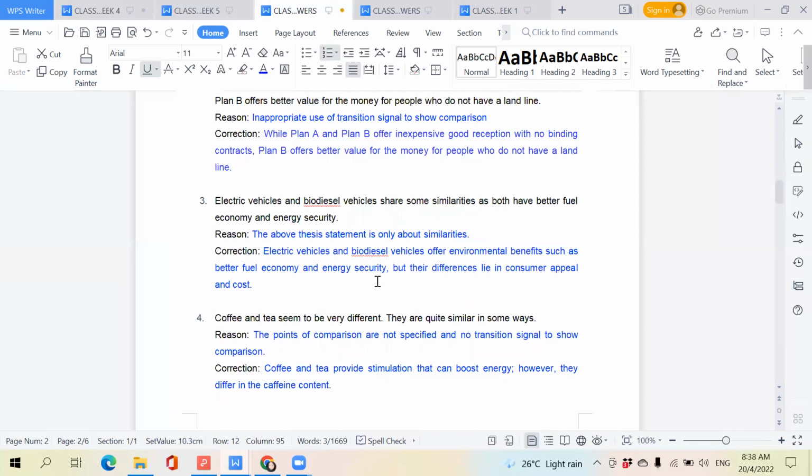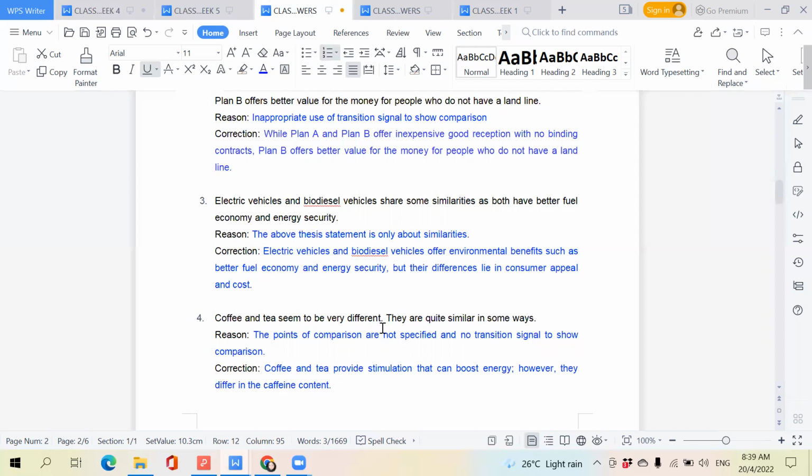Same as case number 2 just now. The points of comparison are not specified, and it is written in two statements or two sentences. So in a thesis statement, preferably you only write it in one sentence. If you write it this way, you might get confused yourself. So we want to avoid that. So you can just write it in one sentence, but make sure there is a